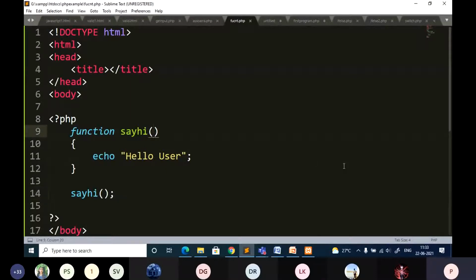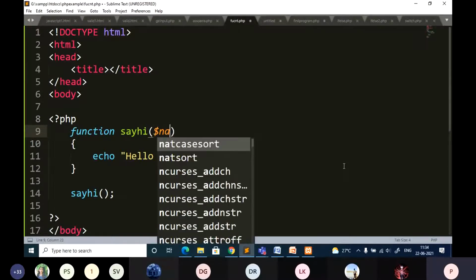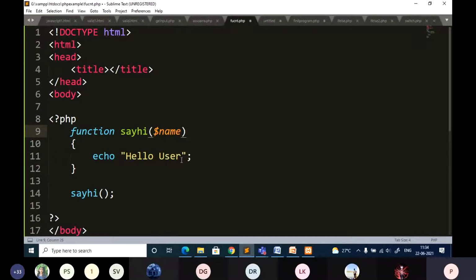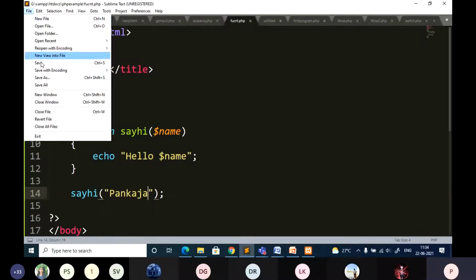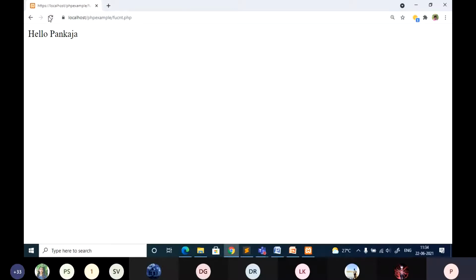Let me modify the same thing to pass some parameters. Once again, when I say parameters or variables, it should start with a dollar. I will specify name. I want to pass name. Here also you can display the same name. This is done, the function is done. Now you need to invoke it. You can pass some value here. That is passed to this function and it executes the corresponding code, whatever I have written in the function. So the corresponding output you can see.